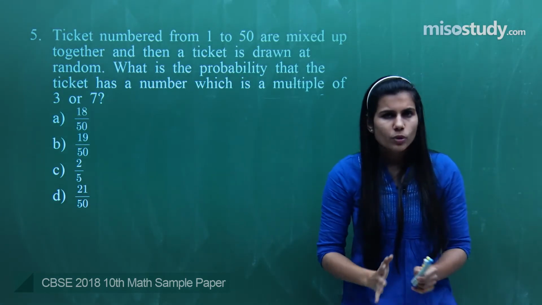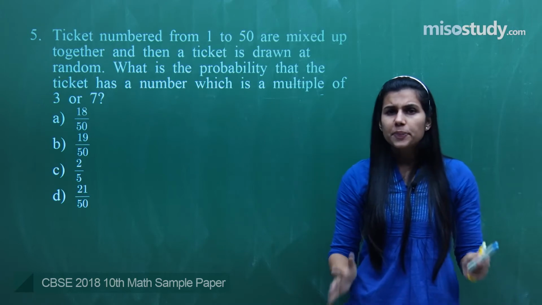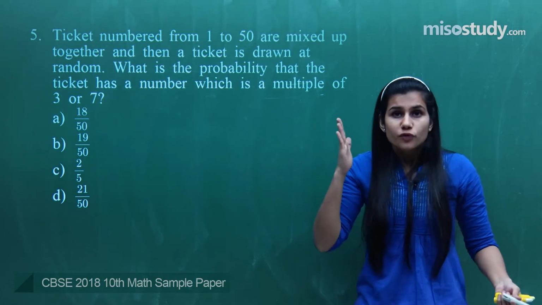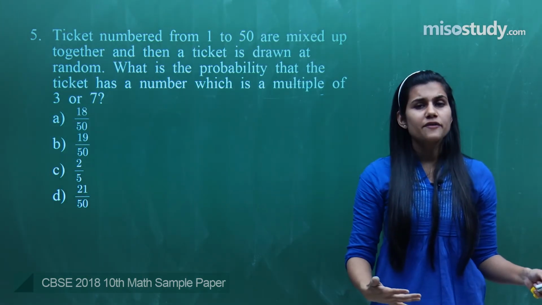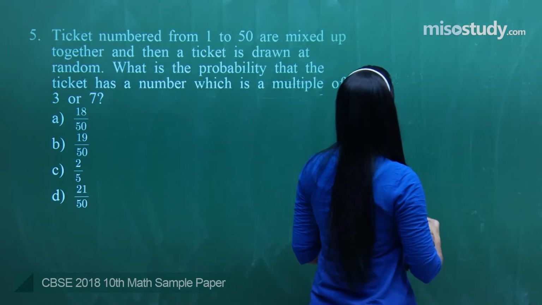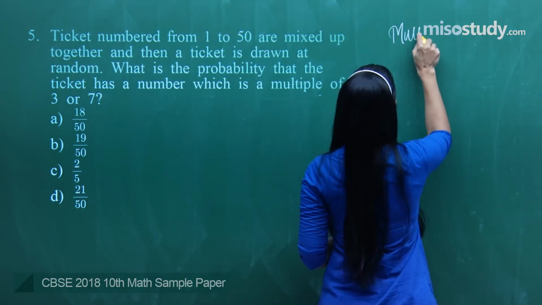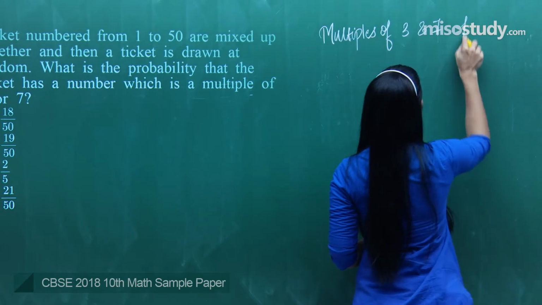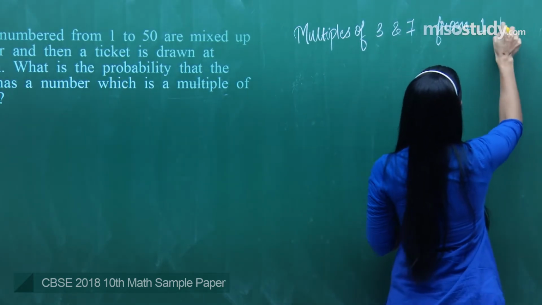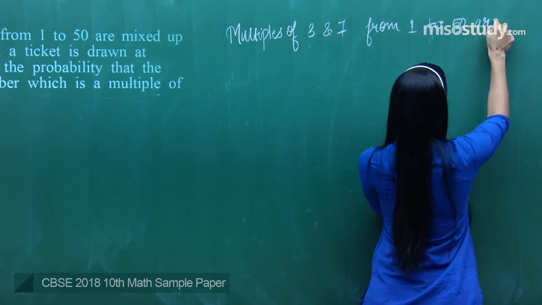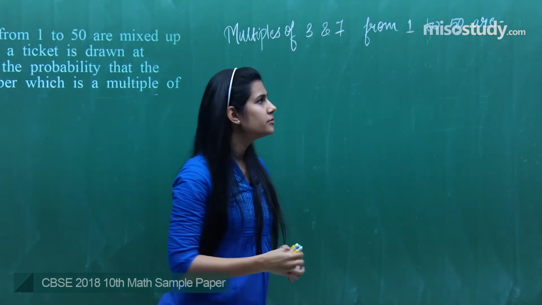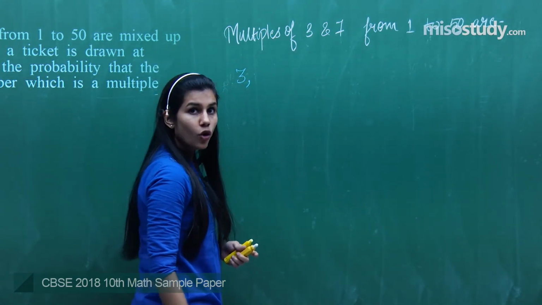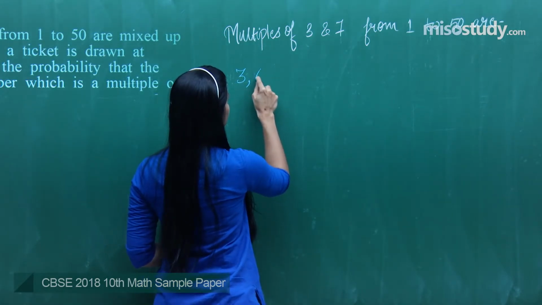Okay, so there are tickets which have numbers from 1 to 50. So obviously there are tickets which have numbers which are multiples of 3 and 7 also coming from 1 to 50. So from the range of 1 to 50, what are the several multiples of 3 and 7? Let's collect them. Multiples of 3 and 7 from 1 to 50 are what? Okay, so starting from 1, 2, 3 is the first multiple of 3, 4, 5, 6, 7 is